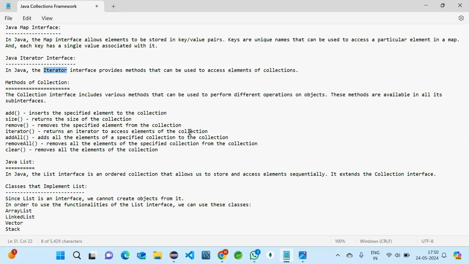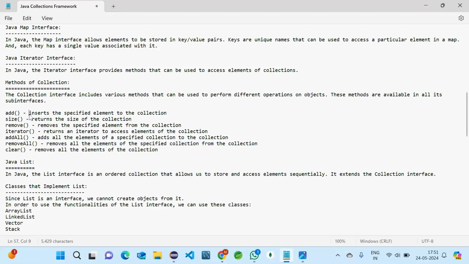Yeah, collections. As I said, collections will give so many predefined methods, so we can directly use them. They will reduce the amount of code writing and time also. We are directly using them with no need to implement them. We are using the predefined directly, so it is easy for a developer to write the code. So these are the commonly used methods I have listed here.